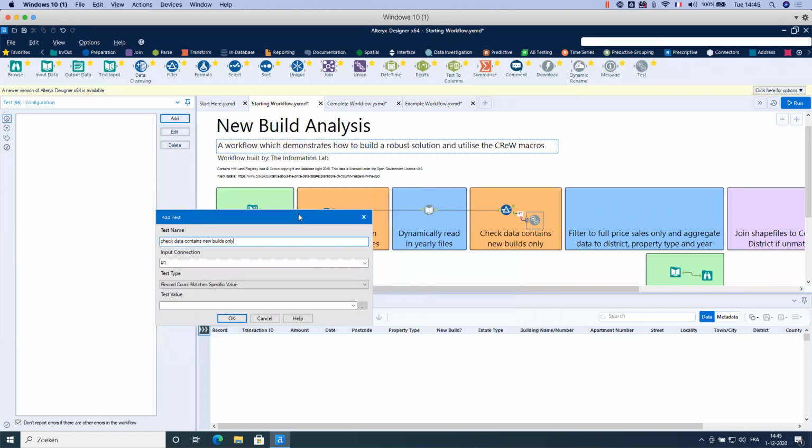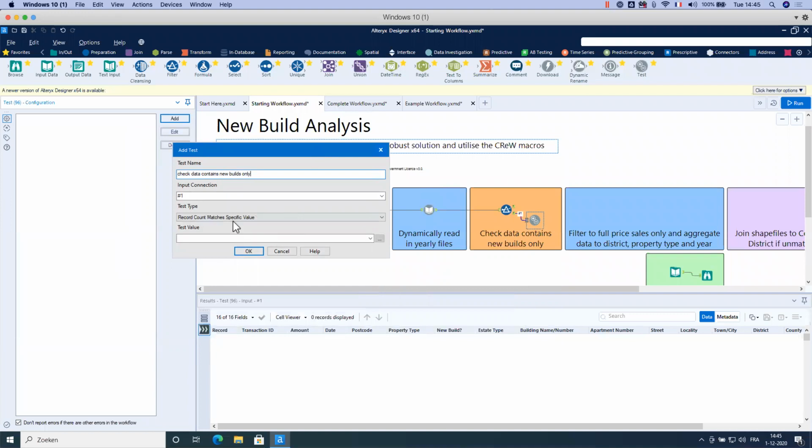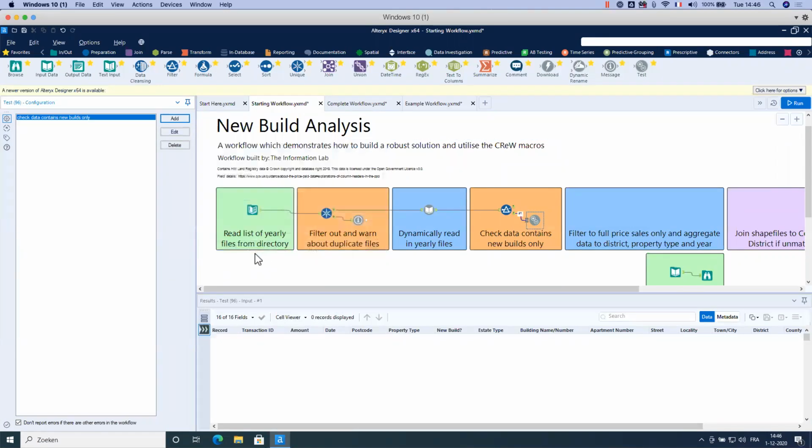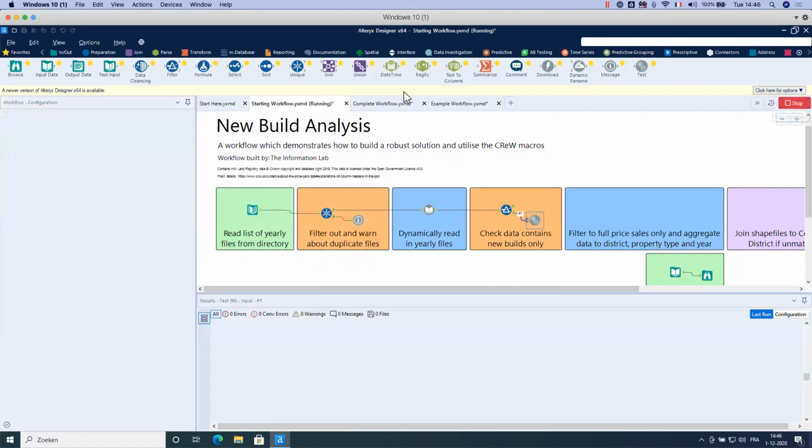So here I have only 1. The test type is to count the records, if yes, record count matches a specific value. So here the specific value is 0 because I don't want to have any records in this anchor. So I click OK. I run it.